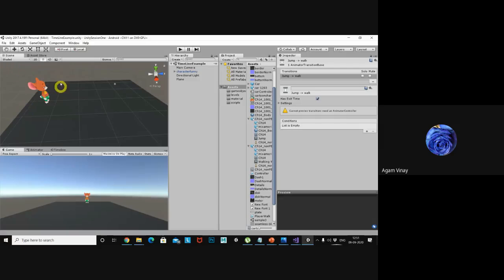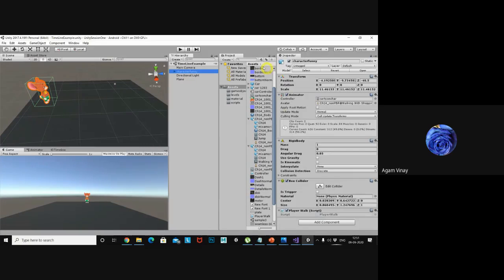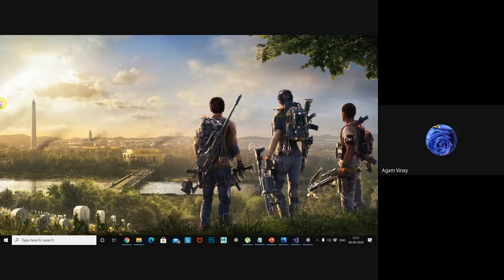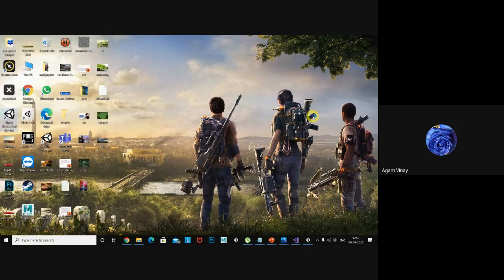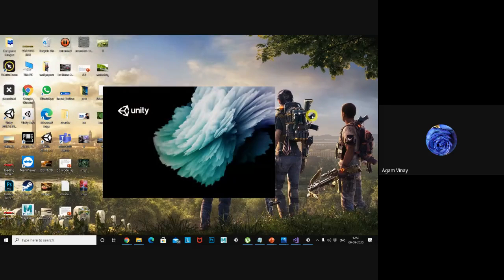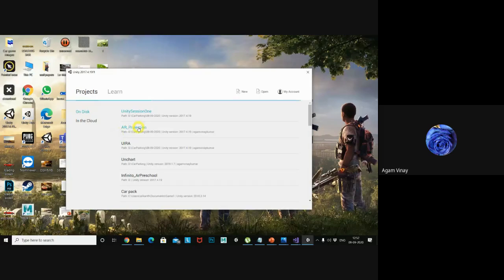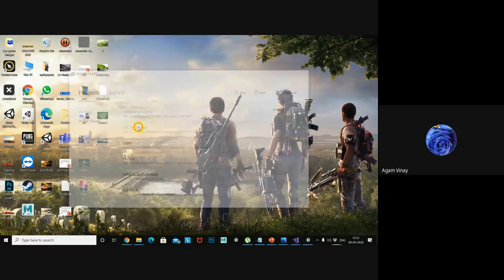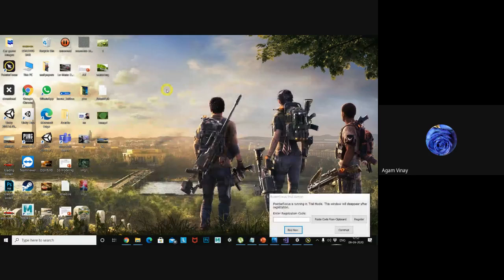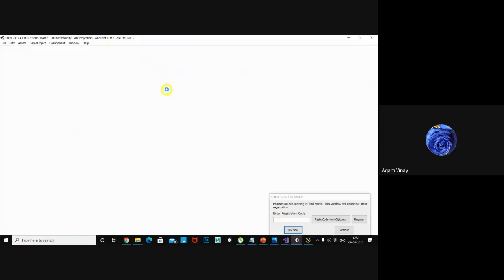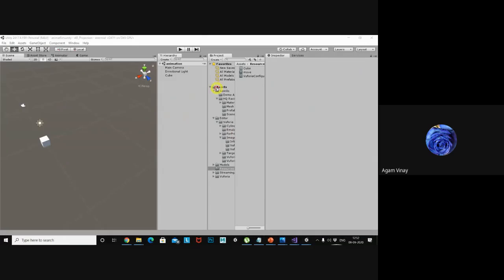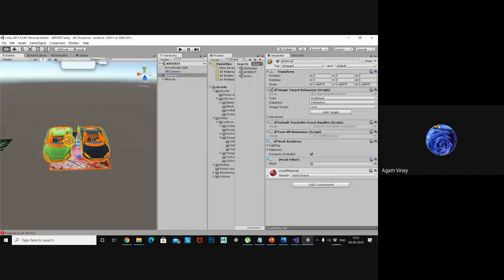Same character, if you want it in AR, what we will do is project the same character on a target. Let me open the AR one. So these are my models.